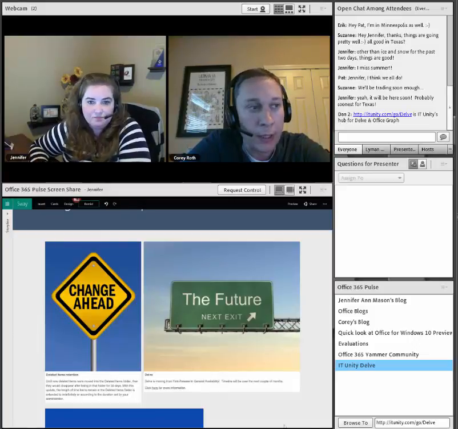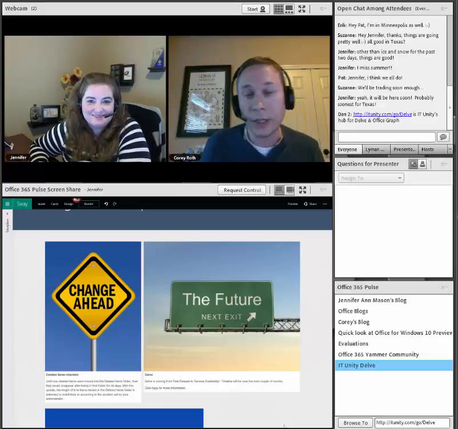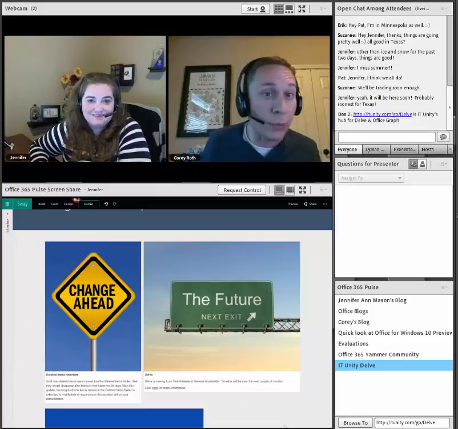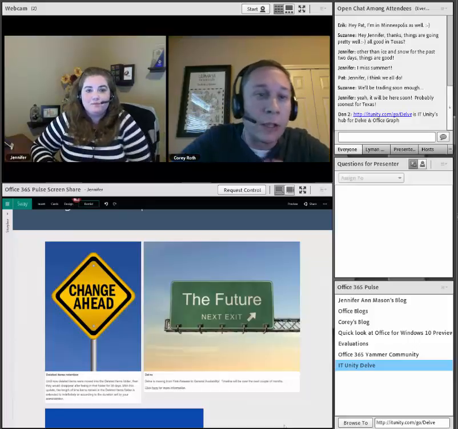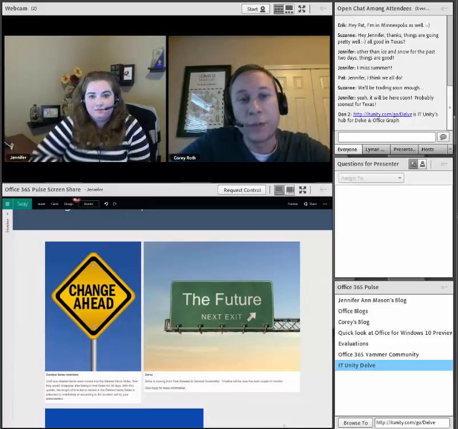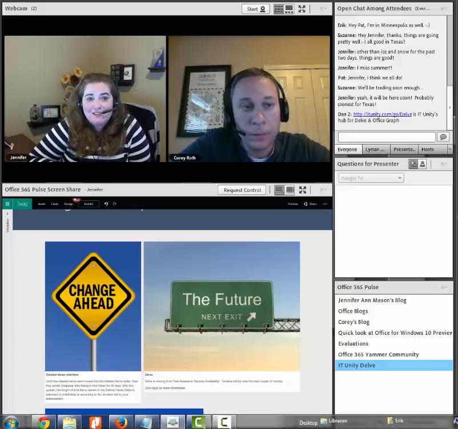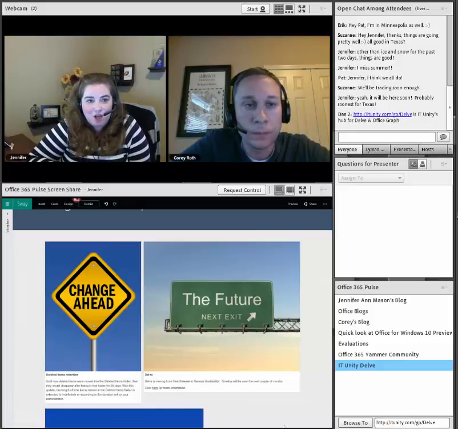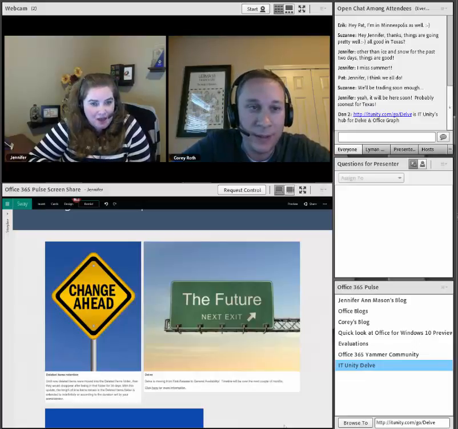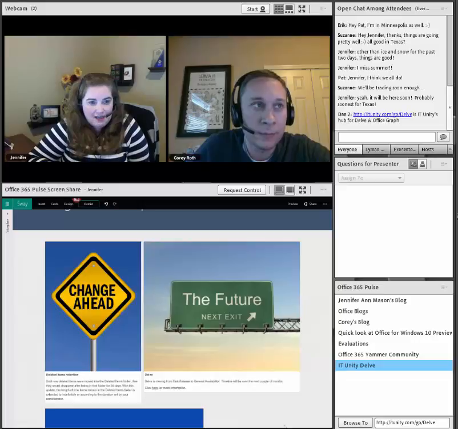So I think we've already seen a few iterations. Just recently they added email attachments to Delve, and that's really one of those things that people are thinking, how's it seeing my email attachments? Well, the suite is all connected right now. Don't think of Delve as just an extension to SharePoint, but really an extension to the entire Office 365 suite. Yeah, it's one of those experiences that Julia talked about in the last blog post that she did. It said that it's going to take a couple of months to get everybody out to GA, so that's interesting to see what happens with that.